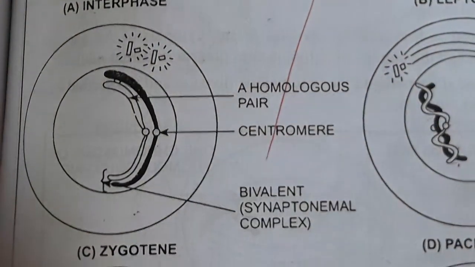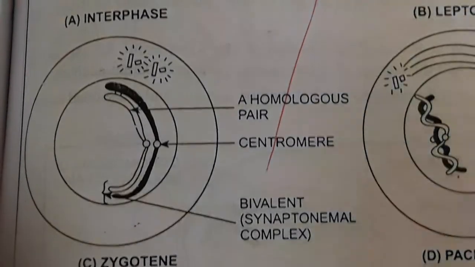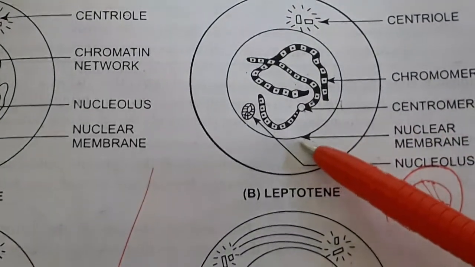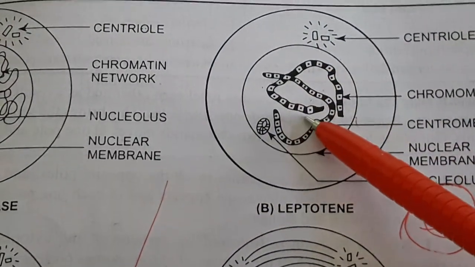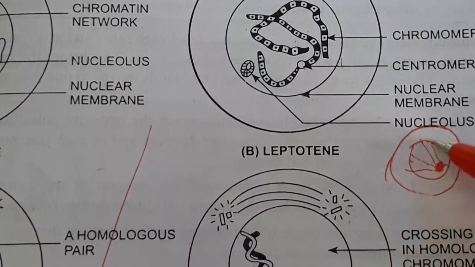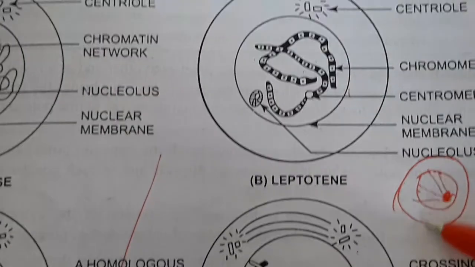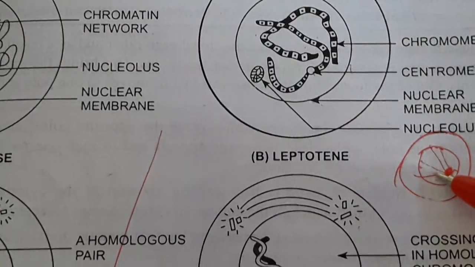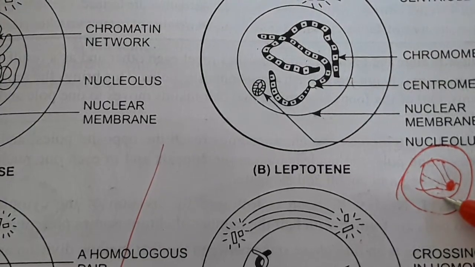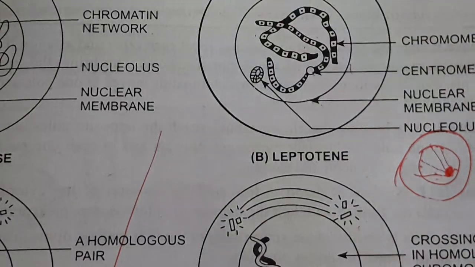Now in zygotene, the homologous chromosomes come in contact. That means in the leptotene stage, the chromosomes appear in this particular fashion. But sometimes in some animal cells, the chromosomes come close to the nucleolus and form a bouquet-like structure, and in plant cells they converge at a point and it is then called the synaptic knot. Okay, synaptic knot. So these two terms we get in case of animal and plant cells.